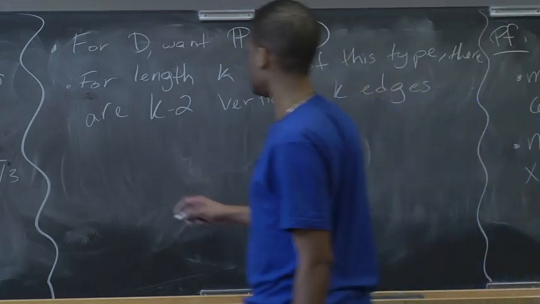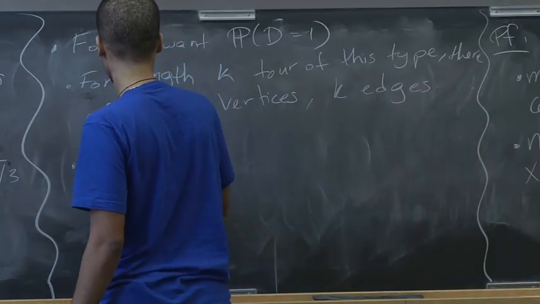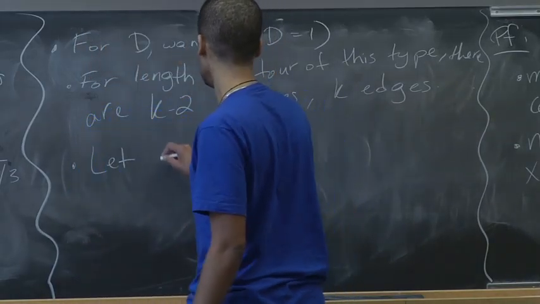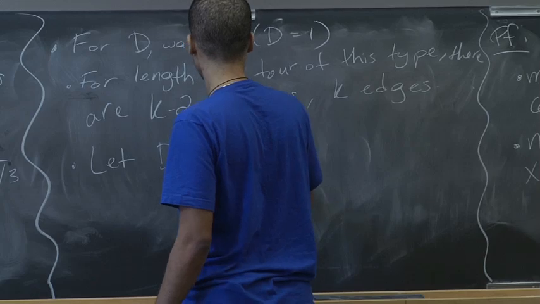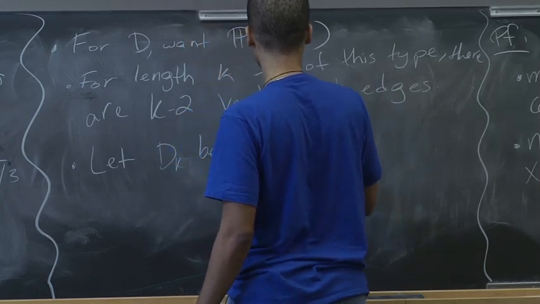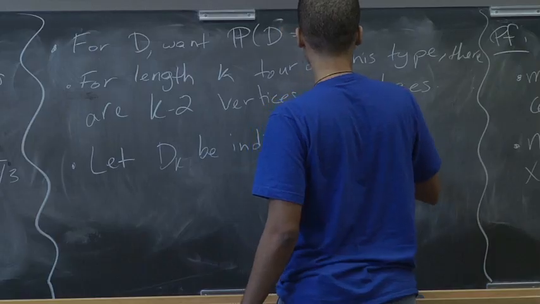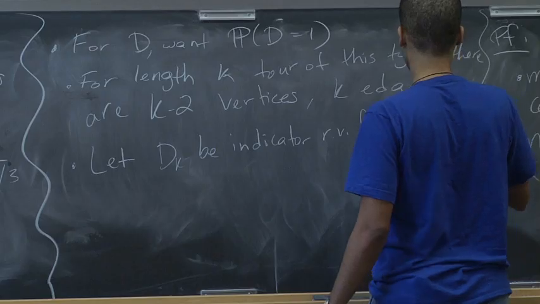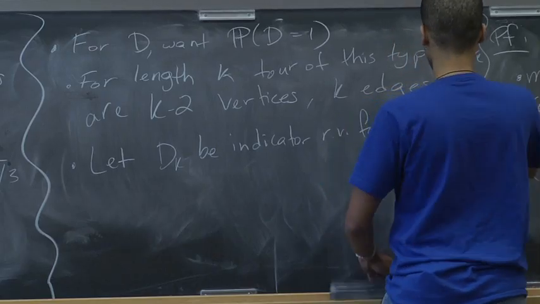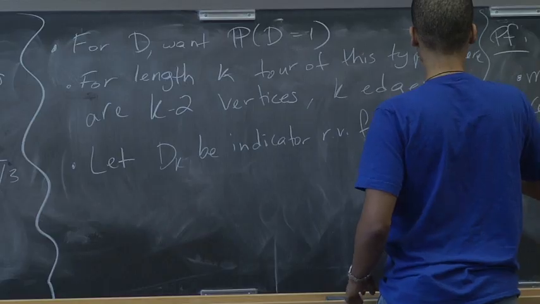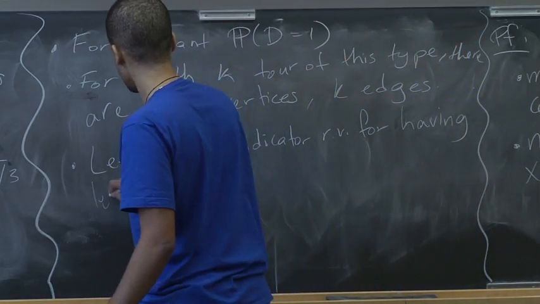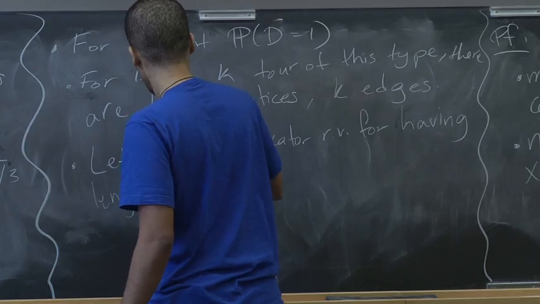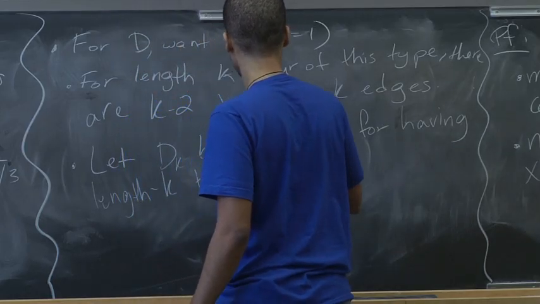So let D_k be an indicator random variable for having a length k tour of this type,